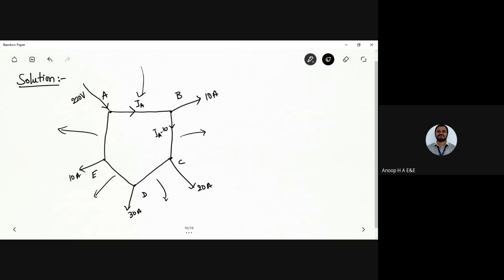Okay, so similarly that would be IA minus 20. If 20 is taken out, I'll be writing it as IA minus 20 plus 10, that is 30. Okay, next this one IA minus 60. Next IA minus 70. Okay, so this is what I can write down here. Getting it? So I have formulated the network here.